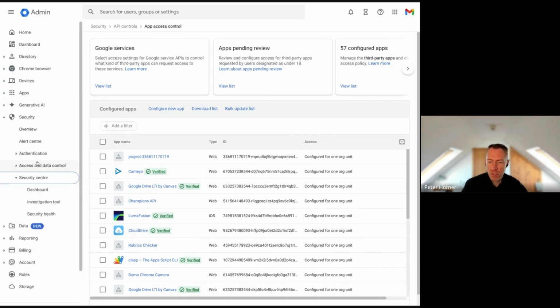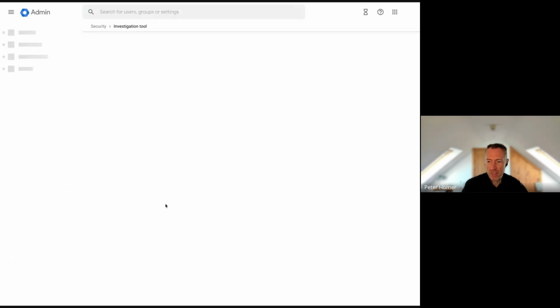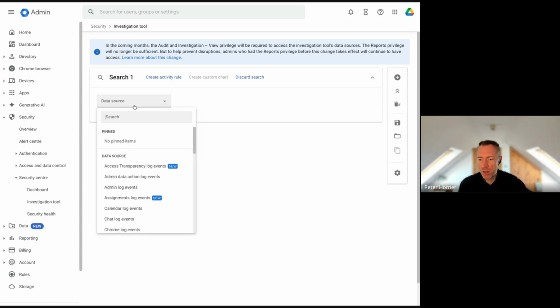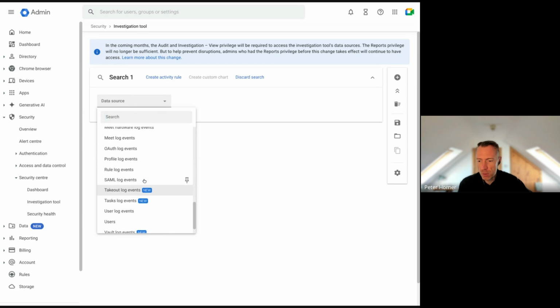So this is really useful to know about actually. So if we go into the investigation tool, and the log file you want to select is OAuth log events, and this shows us all app usage, all third-party app usage on a domain, what APIs are getting called, what apps are being trusted or denied. So if we go into OAuth log,